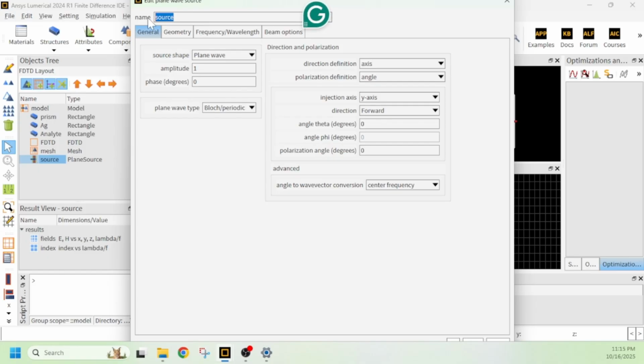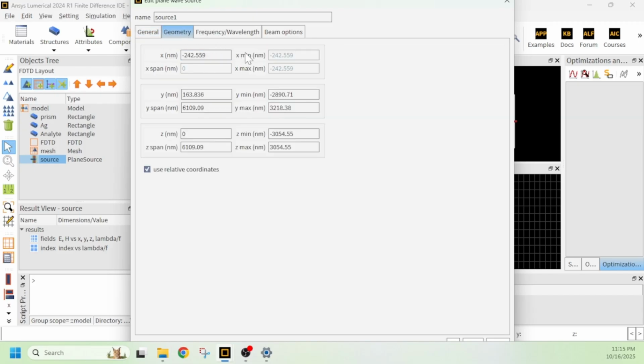Just I can set the name source 1, no problem. And here the direction axis, as I have grown the material along x-axis, so I will set the injection axis along x-axis, and that will be forward, and other things need to be same. Then I will set the actual geometry of this source here. From here I can set it as 200, no problem,